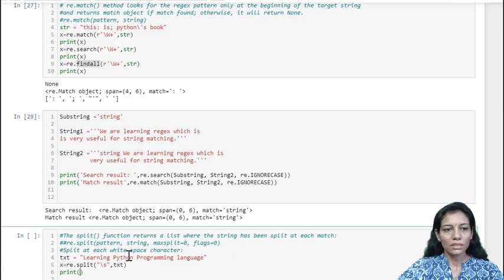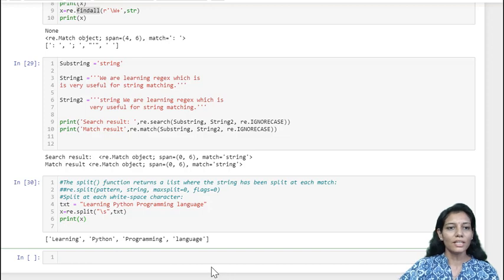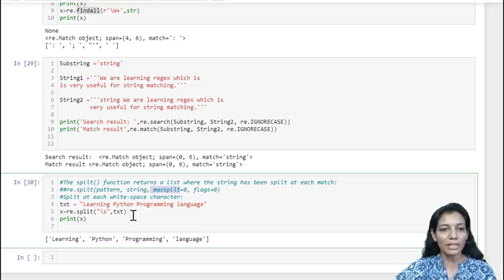If I print x, let us see what it is returning. So yes, it has returned a list of strings, and the words are separated based on the white space. Now one more parameter which I can specify is maxsplit. That means I can control the maximum number of splits. Just here, after the pattern, I have not specified a raw string, but directly written the string which I want to match, then the string in which I want to find, and the third parameter that I am passing is the number of splits.